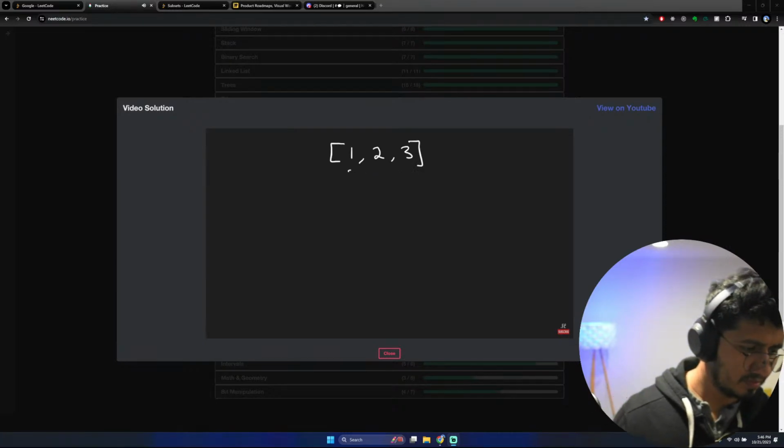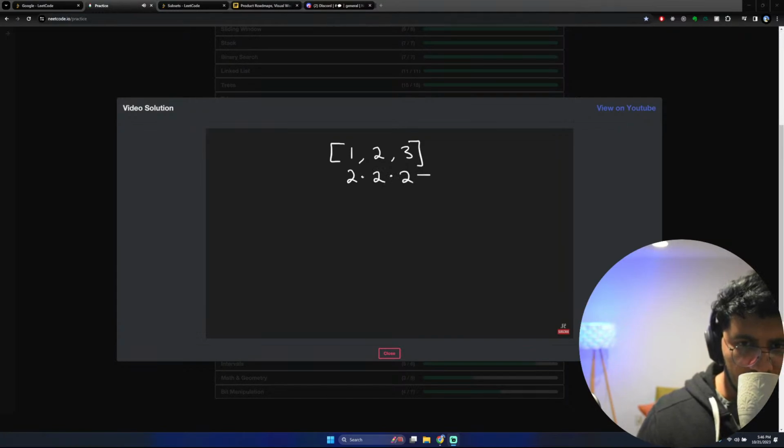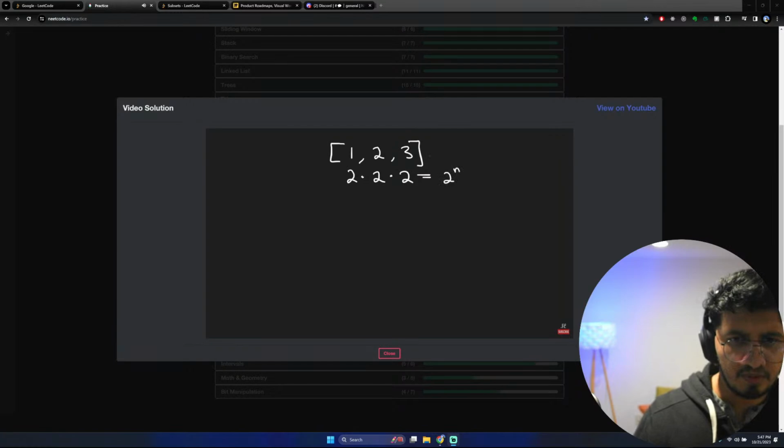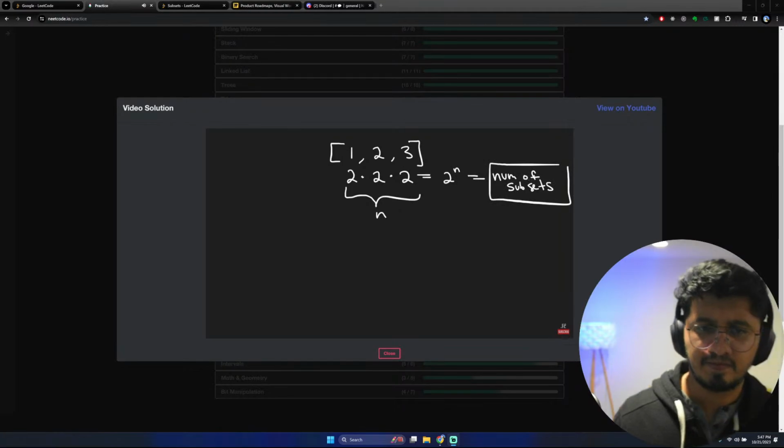So in total, we have 2 choices here, 2 choices here, and 2 choices here. So this is going to be 8, or in other words, 2 to the power of n, where n is the size of our input. Right, so this is the number of subsets, and we don't want the number of subsets, we actually want the